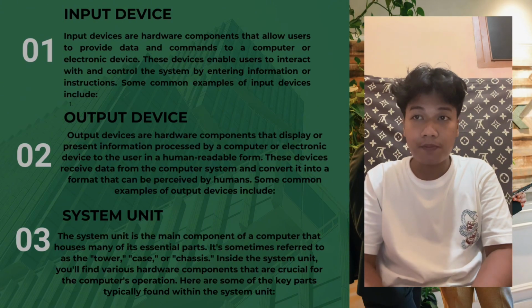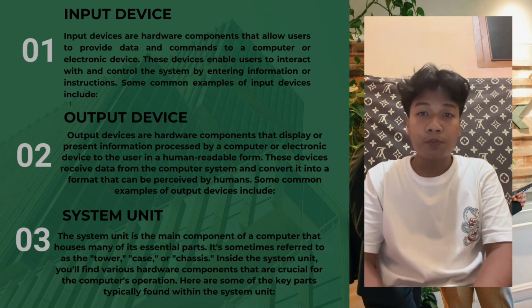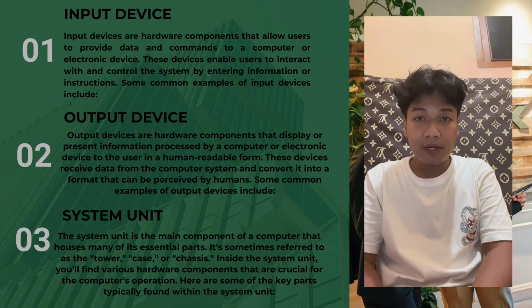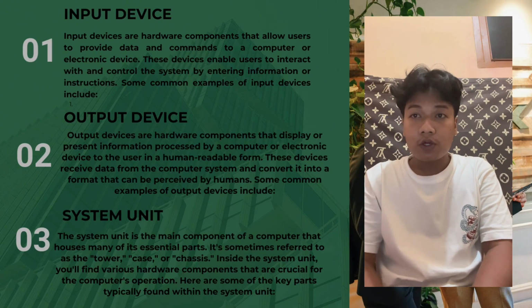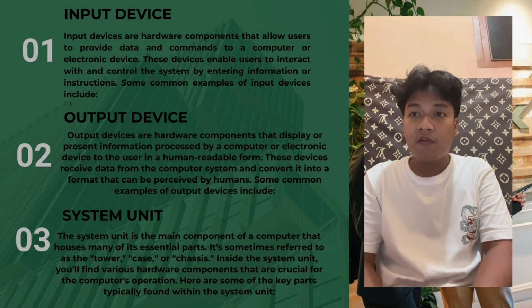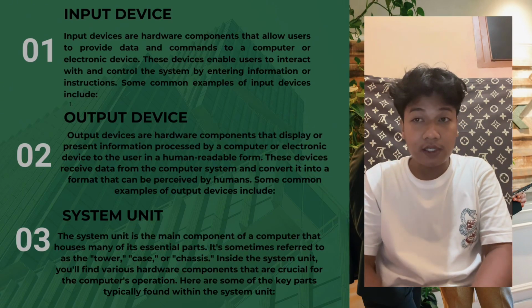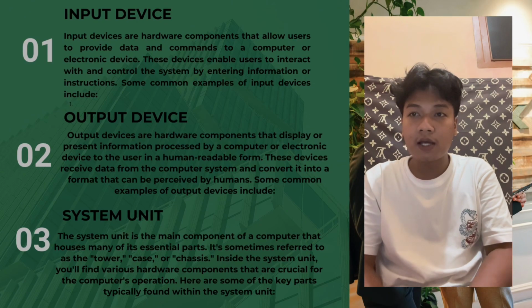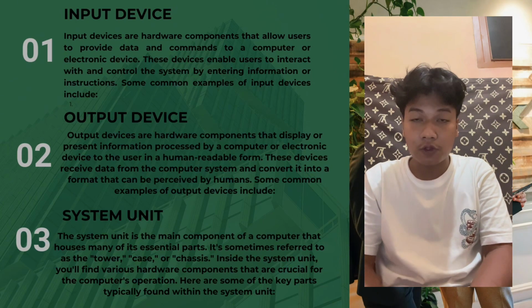Some common examples of input devices include: What is an output device? Output devices are hardware components that display or present information processed by a computer or electronic device to the user in a human-readable form. These devices receive data from the computer system and convert it into a format that can be perceived by humans. Some common examples of output devices include: